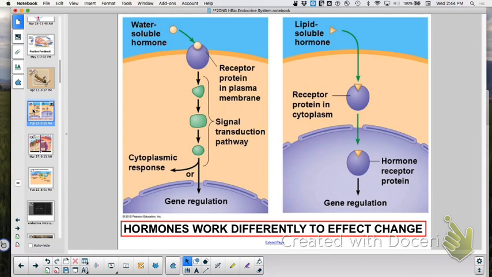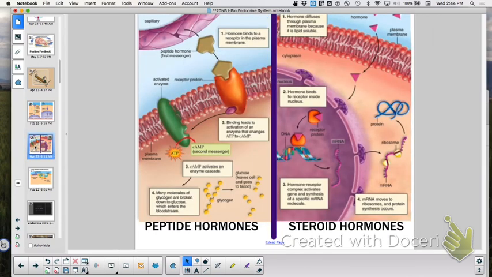Most of your hormones are protein hormones. They cannot cross the phospholipid bilayer because they are what? Large or charged. They cannot go across. So they stand at the door and what? Knock. And they trigger some secondary messenger, something that's allowed to go in the cell or trigger some reaction within the cell in order to get its action, whatever that might be. So two different types. There's another picture in your book that looks like this, comparing and contrasting them. I encourage you to look at that.